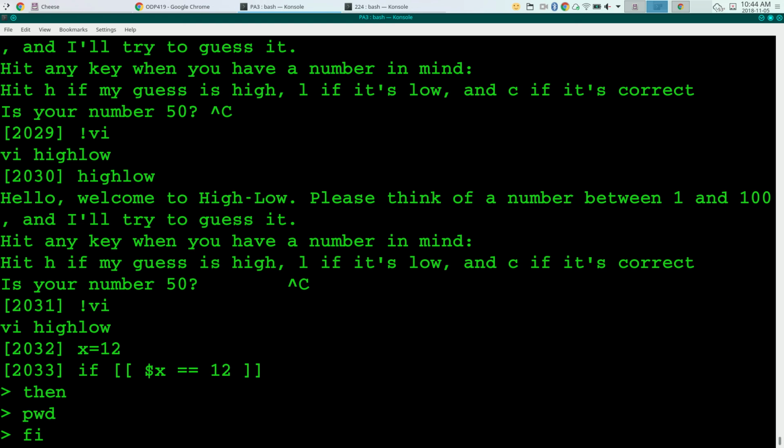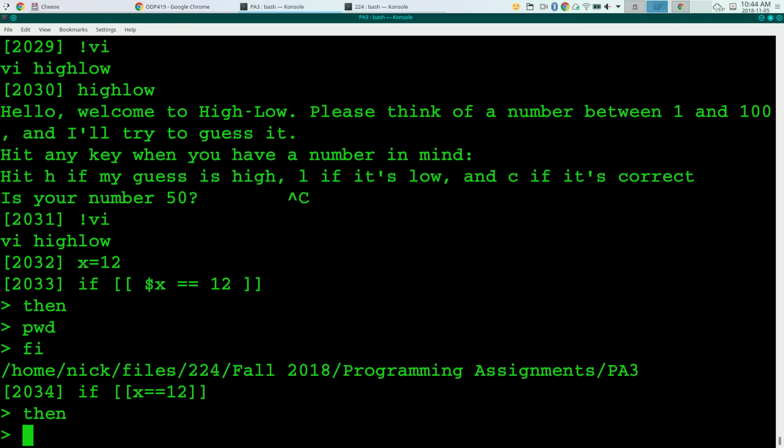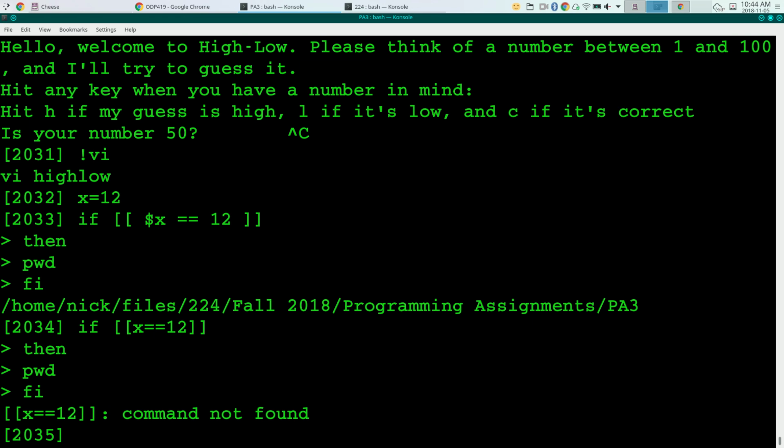So I said x equals 12, and now I'm saying if $x equals 12, then I'm just going to say print working directory, because that's an easy one-line output command. And I'll say fi, and it prints my working directory, so that if statement seemed to work. And if I try that, then it gives me an error, right? Oh, I forgot my $ sign, but still,